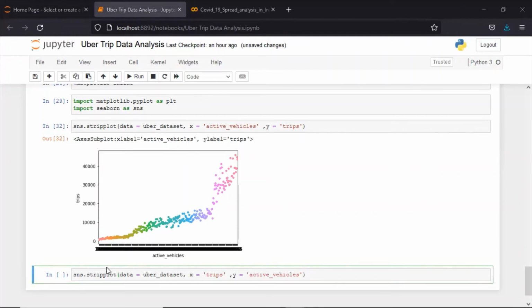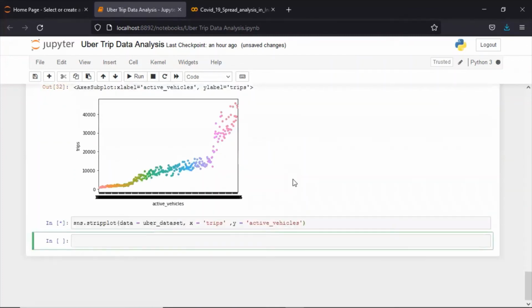Now I will run this with the opposite columns, meaning I have swapped the x-axis and y-axis. Let's see how our graph will look. Just wait for a few seconds until it shows you the graph.